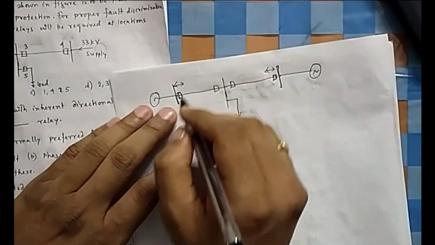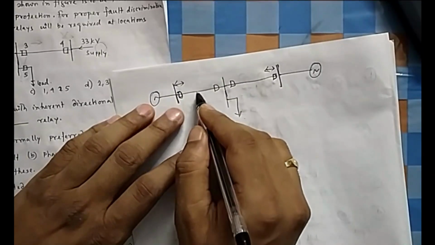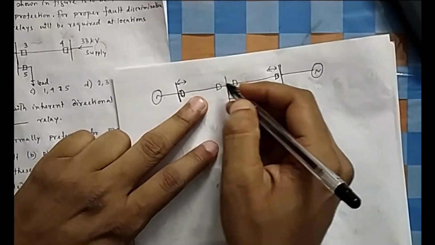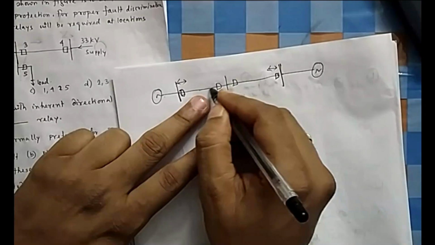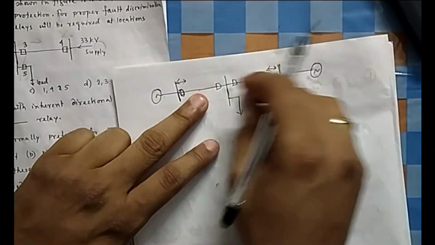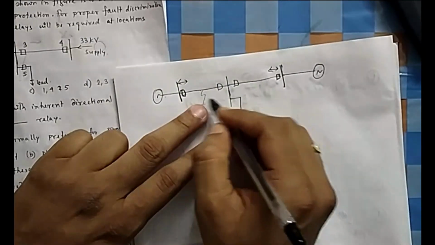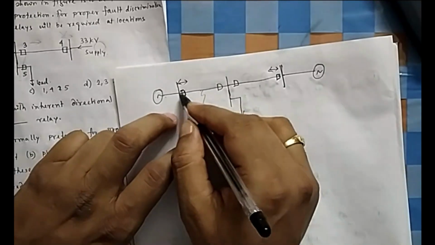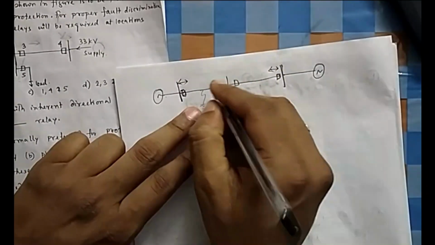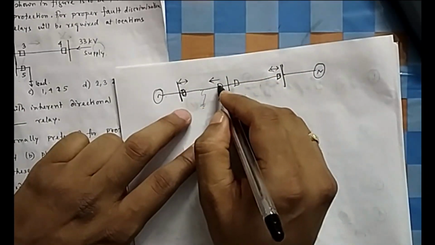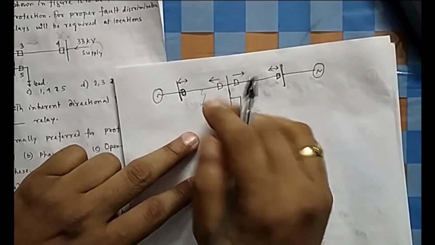If you see this feeder, for a fault anywhere on it, this will trip. But suppose current is coming from the other side, I want to trip in that case too. Current should not come from that side, so that this side remains healthy. If there is a fault here, then no current should come here. This should trip, but no current should come to here. This will isolate this part, but still current can come from this side. So I want to isolate this whole line so that the other part remains the same. So you should think that this should have the directional feature, and here, because it is bidirectional, this should be in this direction. So you can think of this as protecting the feeder.